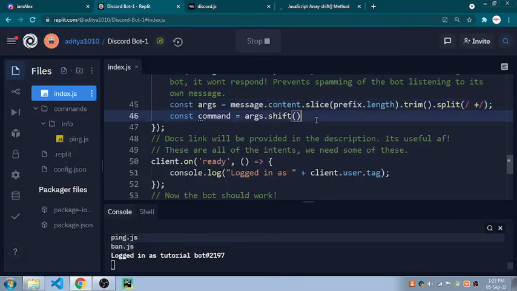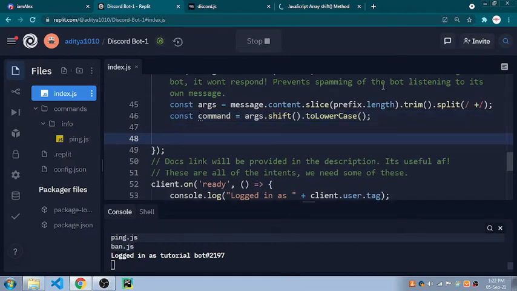Okay, so we're going to do args.shift, and then we are going to change all of them to lowercase, .toLowerCase, change all of the things to lowercase, if you know. Now we made our command. So now we can do const command equals